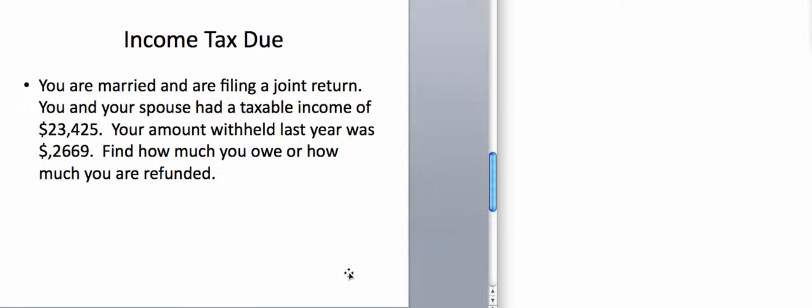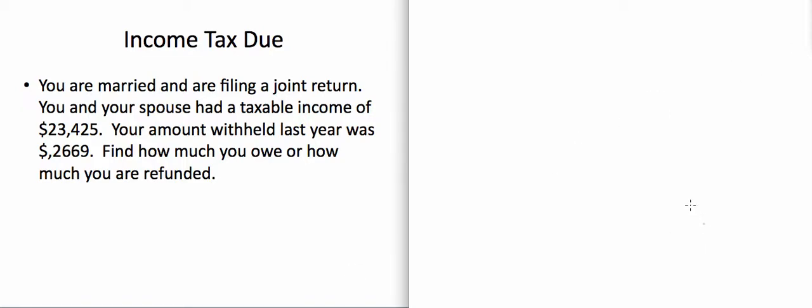Now our second example deals with the idea of income tax due. Let's say you're married and you're going to file a joint return. That's key, knowing your marital status and whether you are filing jointly or separately. Jointly means together. Separately, obviously, is self-explanatory. So you and your spouse have a taxable income together of $23,425, and the amount that was already withheld from you was